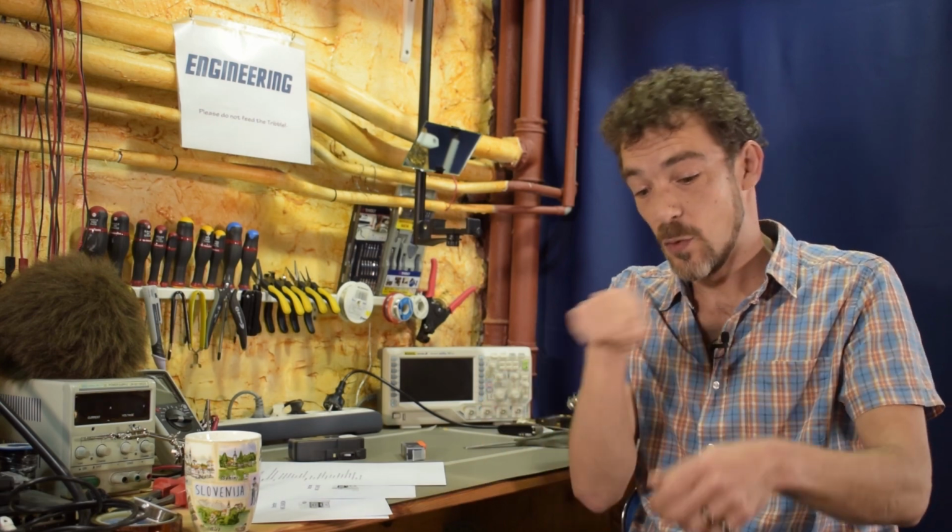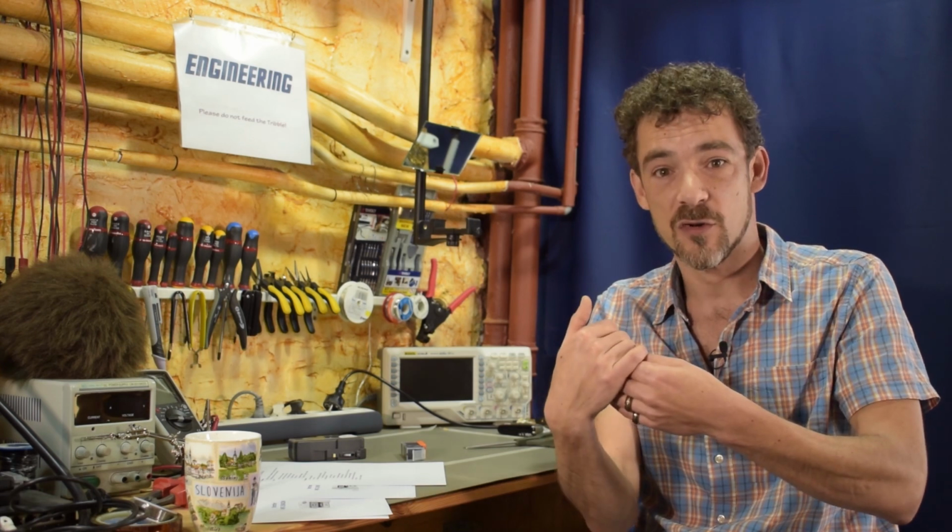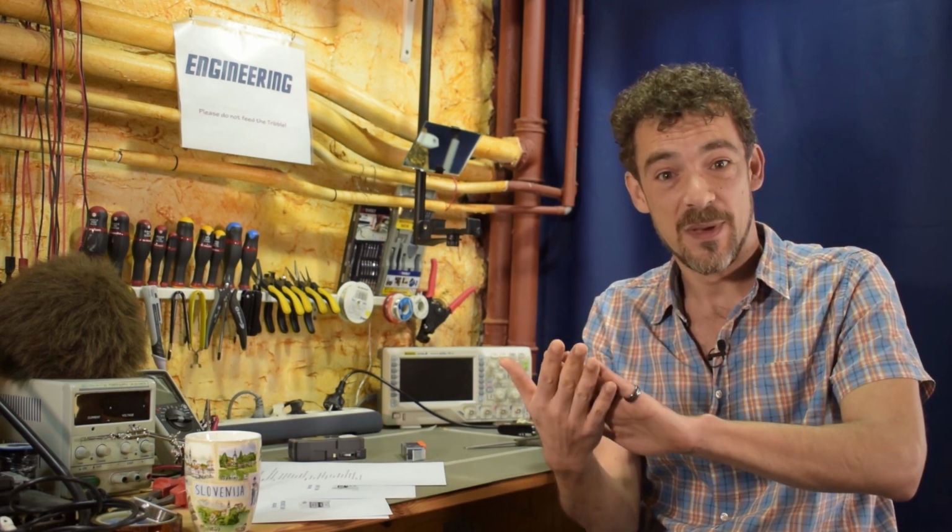The toner sticks wherever the laser has scanned, the toner sticks to the drum, the paper then rolls over the drum, the toner is transferred onto the piece of paper, but it's not going to stay. So then you have a thing called a fuser, and the paper then passes through this fuser. The fuser is basically just a heating element, and it literally bakes the toner onto the paper so it doesn't